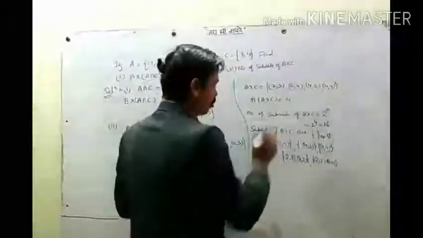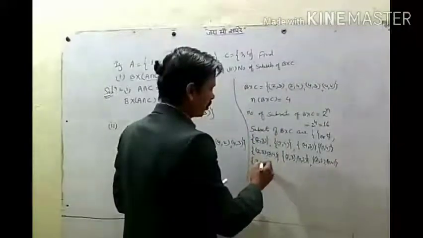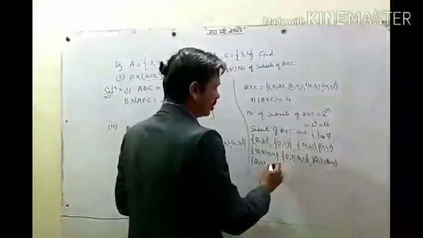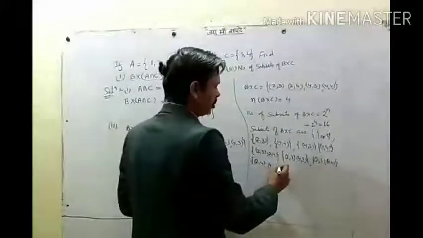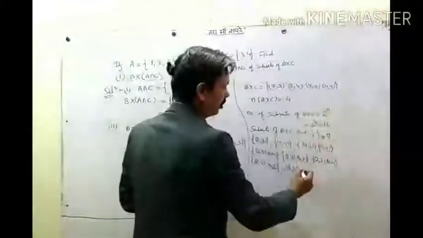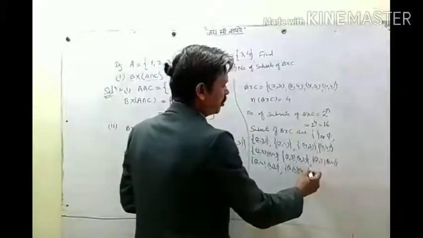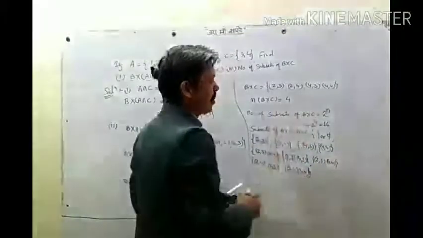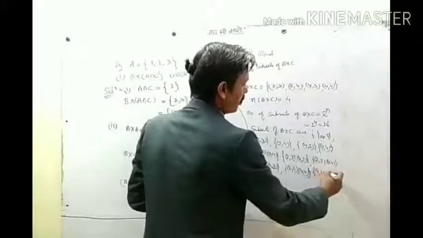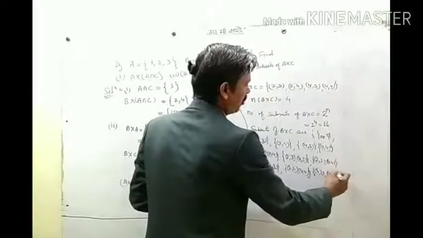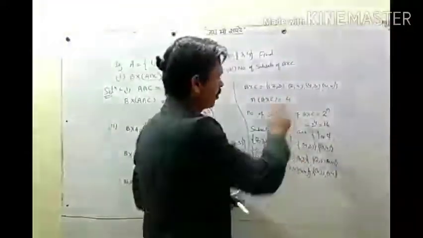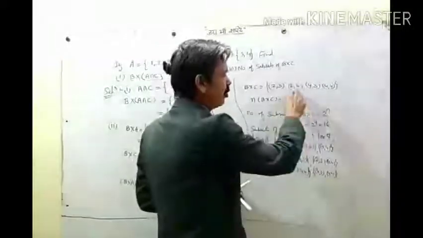Now we can fix 2, 4. 2, 4 is fixed, then second one can be 4, 3 or can be 4, 4. So with 2, 4 all elements came. Now we can fix 4, 3, then 4, 4, only one option we have. So pairs over with 2, 3 all elements second, with 2, 4 all elements second.